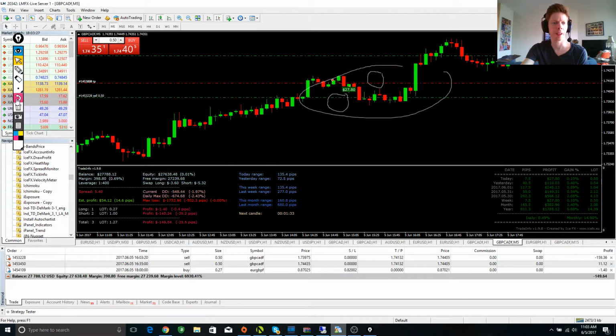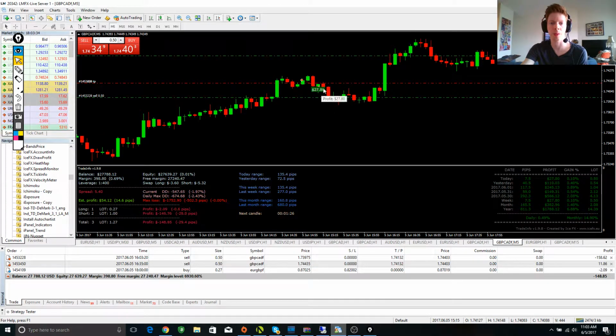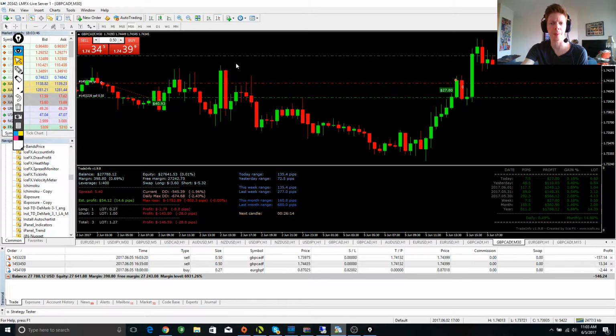Okay, so this was a nice, about 10 pip scalp, and it was closed out pretty fast. Okay, so the second position. This one was entered here. Now you might be thinking, well, why would you enter at this level when it actually jumped right from that place? Well, if you go to the M30,